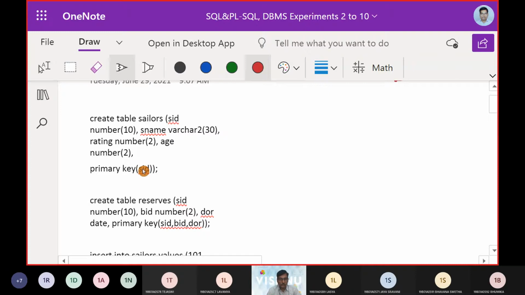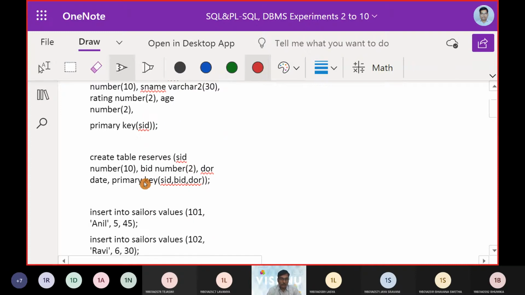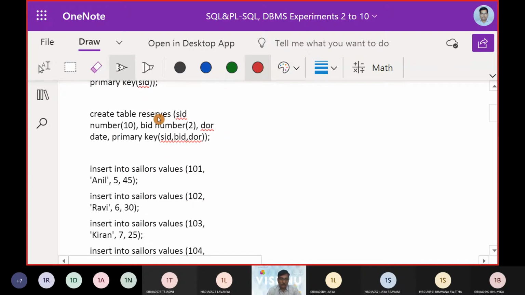It is defined as the primary key. Thereby, we had another table called Reserves with Sailor ID, boat ID, and date of reservation, called DOR, and thereby a primary key.